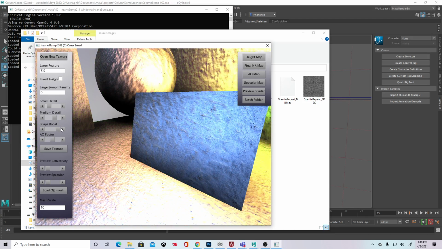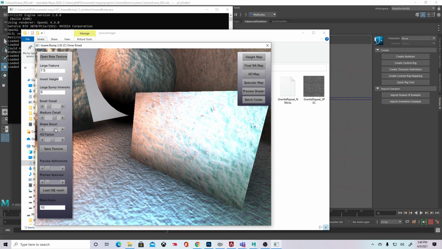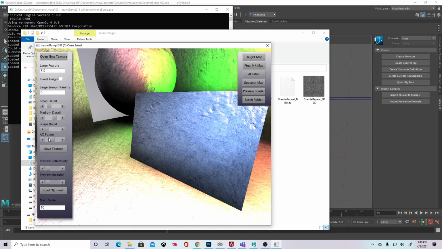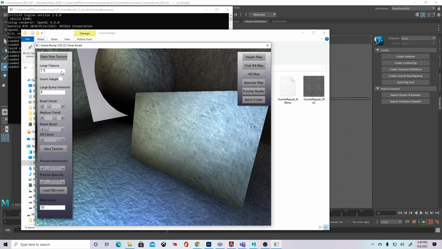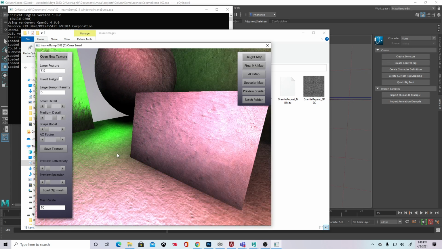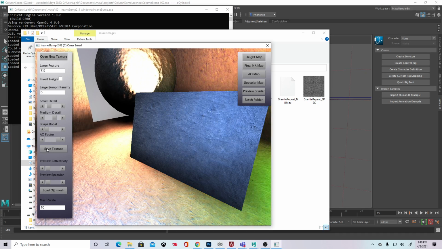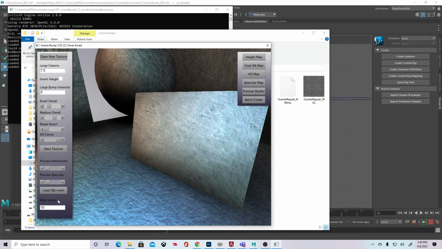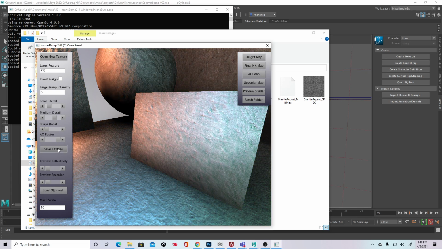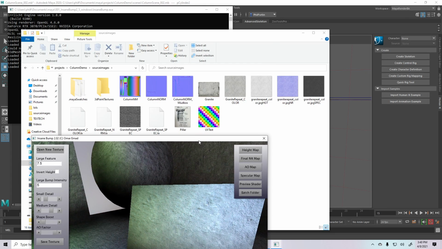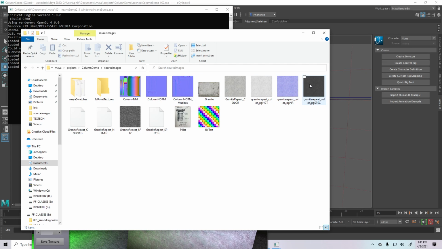Shape boost, don't need the shape boost. I think that looks kind of crummy, so we'll tone that down. The AO factor is fine. And that should be good enough. So we'll just go ahead and save texture, right? And as we talked about previously, that does save all my textures except for the AO, which